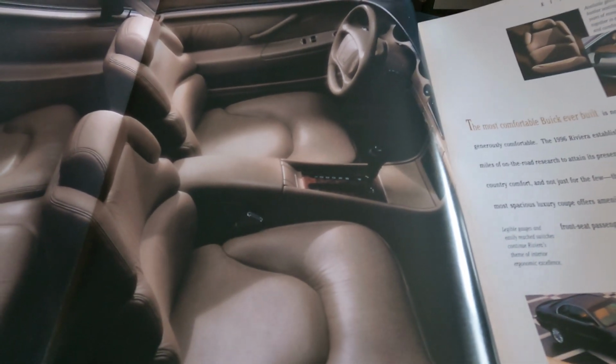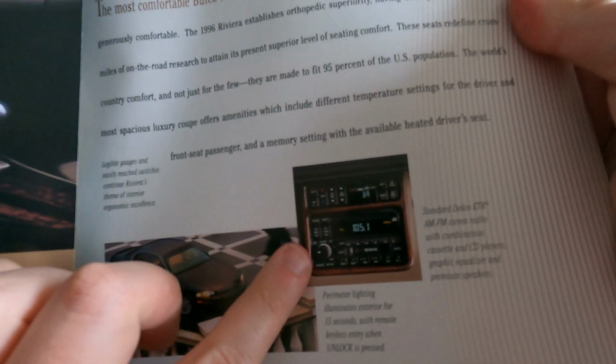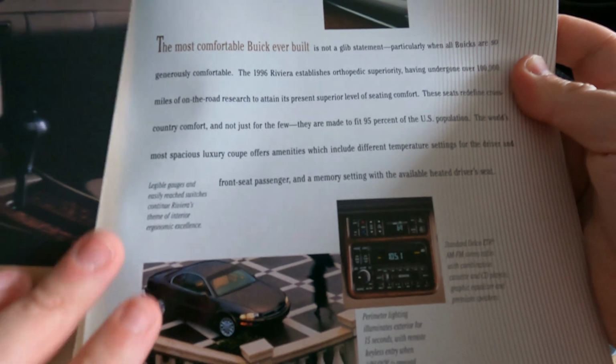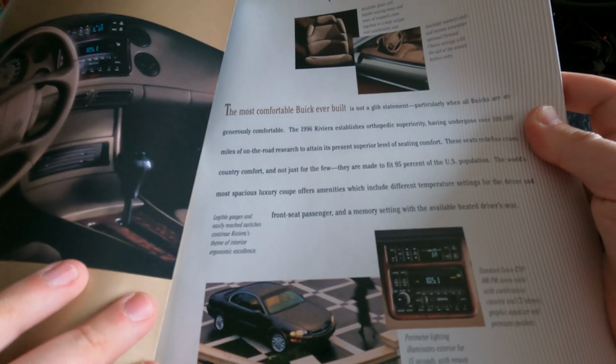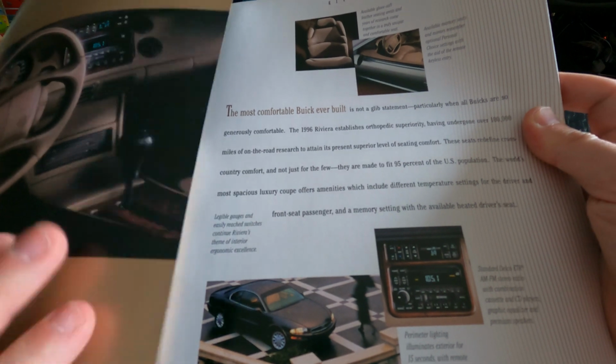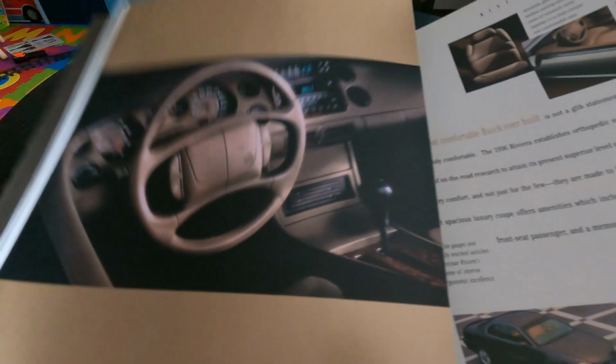Once again, it's more of a personal coupe, so they didn't use wood on the steering wheel, but they had little bits and pieces of wood, like here on the radio, for example. Yeah, I mean, the most comfortable Buick ever built. I would argue that maybe the Park Avenue or Roadmaster is probably the most comfortable, but you know,